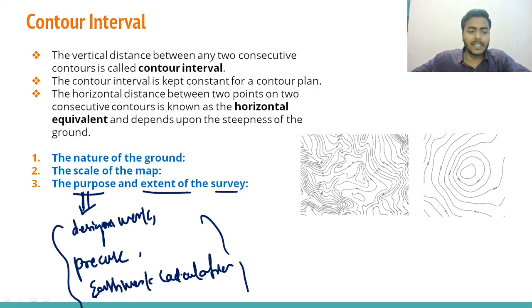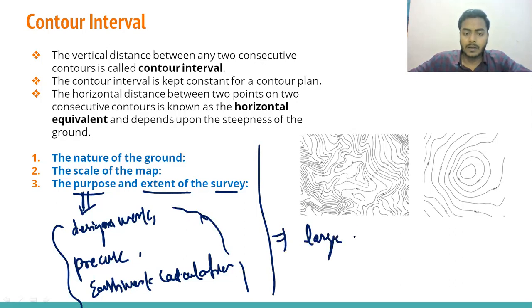In all these cases, we have to choose a smaller contour interval to get more accuracy, to get the actual data. But on the other hand, suppose we are going to fix the contour interval for a large extent of survey,